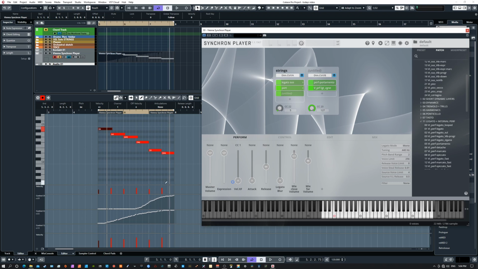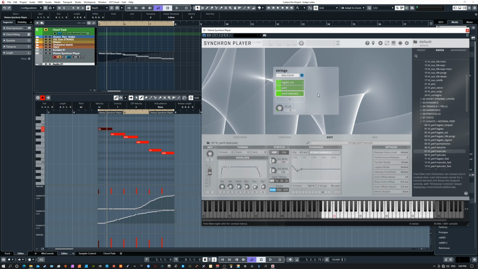So instead of faking it, make a lane, set that lane to marcatos, drag in a marcato, customize it if you want, but make sure that marcato is on its own controller. Set that controller to whatever lane you want, and paint in how much marcato you want and where you want it. To me, that's such an elegant, powerful way to do it, and one of the best things about it is you're not